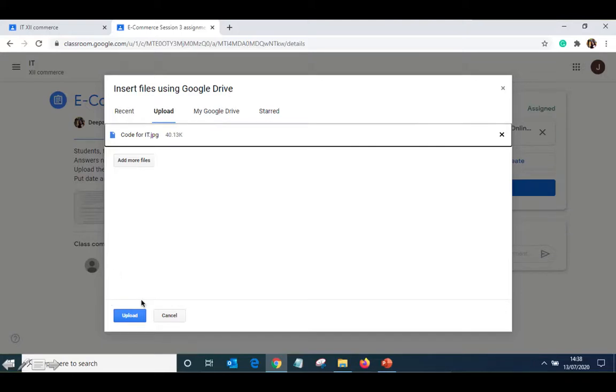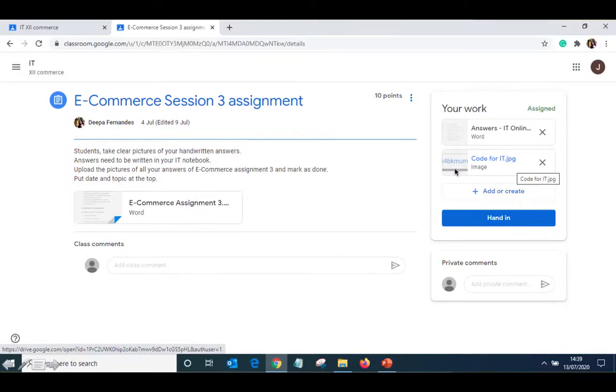After you click on upload, you will be able to view what all files you have uploaded. So if you have by mistake added an unnecessary file, please delete it. Okay, only the work related to your assignment has to be uploaded.